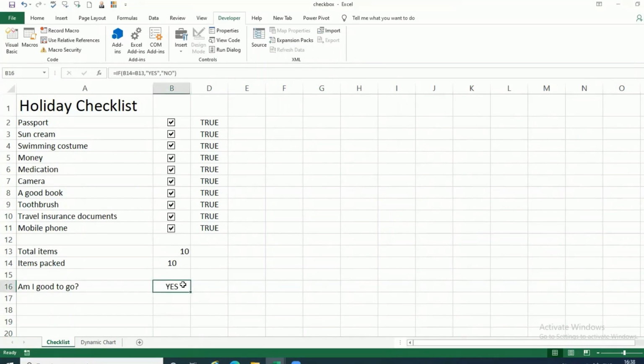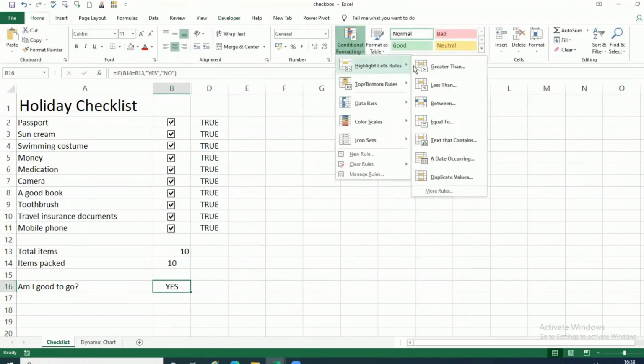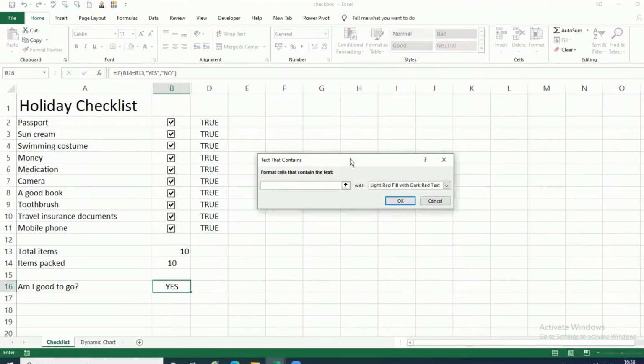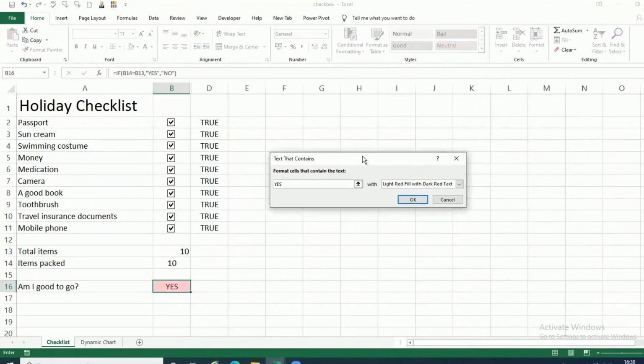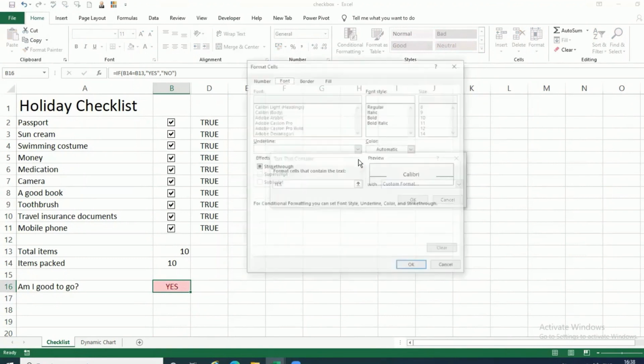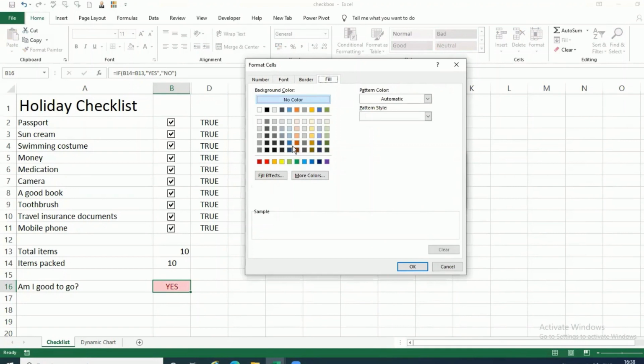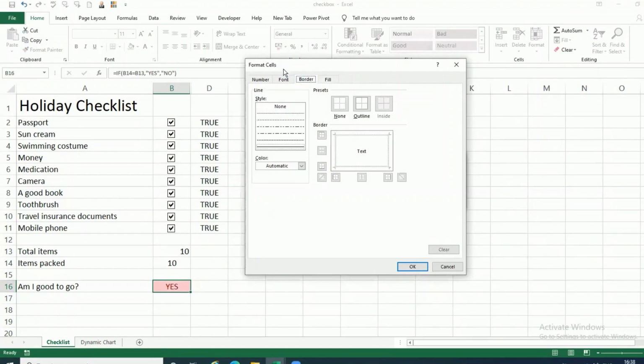But I can have one more thing which can be more interesting also. यार अगर उसने प्रोजेक्ट कंप्लीट किया है तो लेट हिम फील लिटिल हैप्पी. तो क्या करेंगे, अगर यस आंसर आएगा तो हम उसको ग्रीन सिग्नल दे देंगे, और अगर नो आंसर आएगा तो हम उसको नो सिग्नल देंगे. करेक्ट. तो क्या कर सकते हैं, इधर ग्रीन अगर मुझे देना है जब यस आए तो फॉर्मेटिंग हाईलाइट सेल्स व्हेनेवर टेक्स्ट दैट contains yes and give it a green signal. तो इसको ग्रीन कलर का सिग्नल दे देते हैं, और जो हमारा फॉन्ट है उसको हम